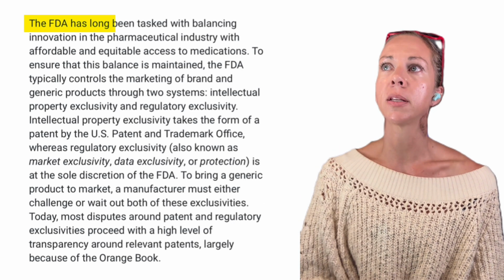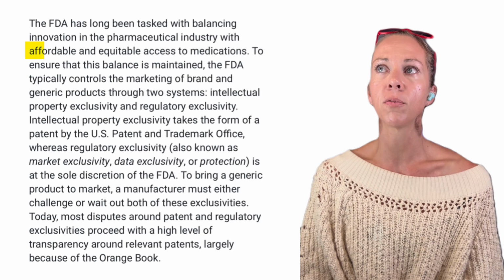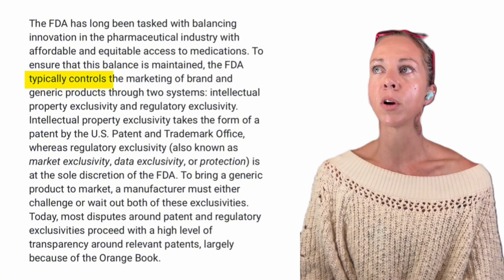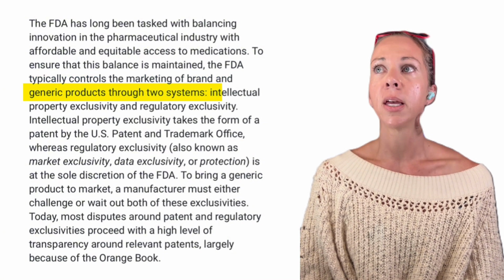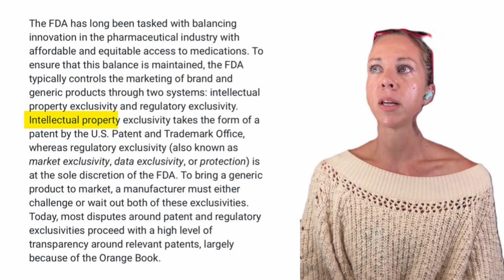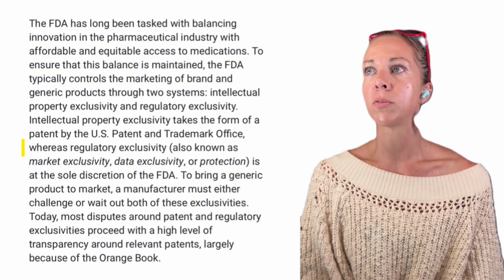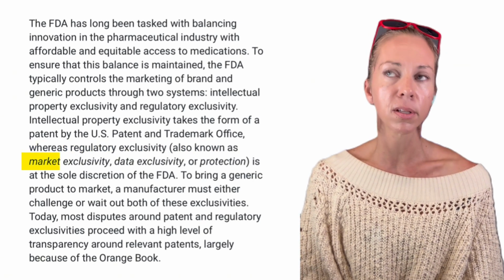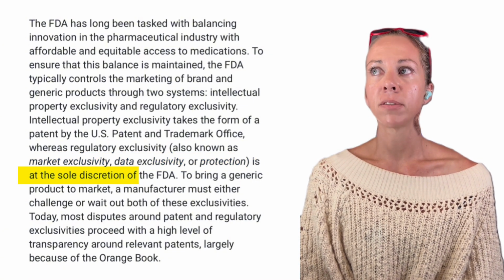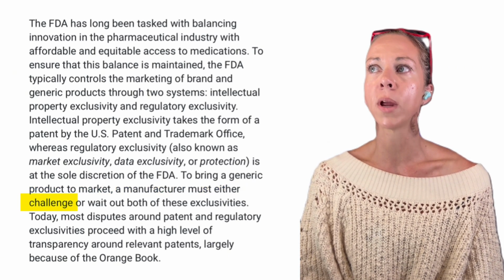The FDA has long been tasked with balancing innovation in the pharmaceutical industry with affordable and equitable access to medications. To ensure that this balance is maintained, the FDA typically controls the market of brand and generic products through two systems: intellectual property exclusivity and regulatory exclusivity. Intellectual property exclusivity takes the form of a patent by the U.S. Patent and Trademark Office, whereas regulatory exclusivity, also known as market exclusivity, data exclusivity, or protection, is at the sole discretion of the FDA. To bring a generic product to market, a manufacturer must either challenge or wait out both